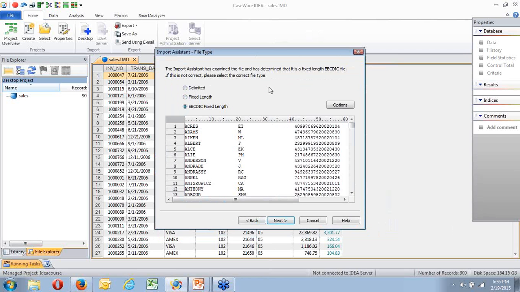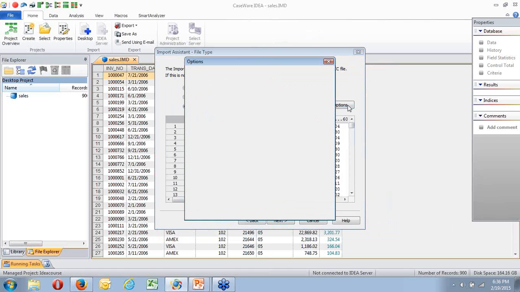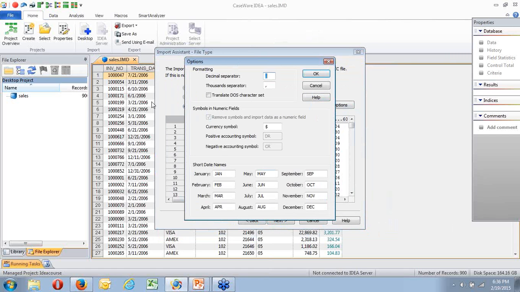This time, this is our sales data file for our EBCDIC layout. So I'm going to say on this one, on my options, I'm happy with decimal separators, 1000 separators. You'll notice translate DOS character set isn't showing up because it's not DOS, it's coming from mainframe.